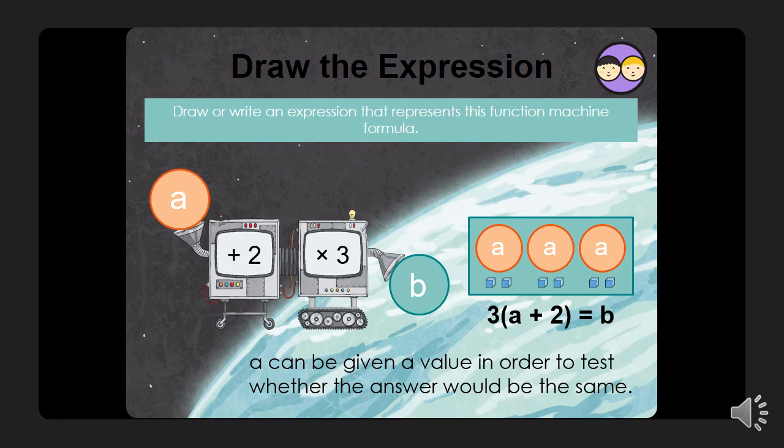A can be given a value in order to test whether the answer would be the same. So if you want to see whether this is accurate, then give a value. You might give a the value of 7. So we could see 7 plus 2 would be 9. 9 times 3 equals